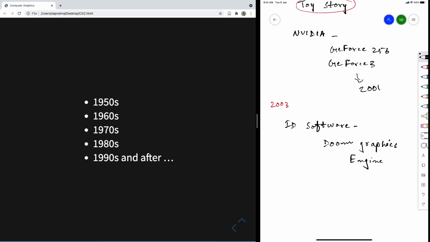So basically in our next lectures we will see what are the different graphics standards that are available and what are the applications of computer graphics in different areas. In this lecture I am going to stop here, and in the next lecture we will continue our syllabus. Thank you.